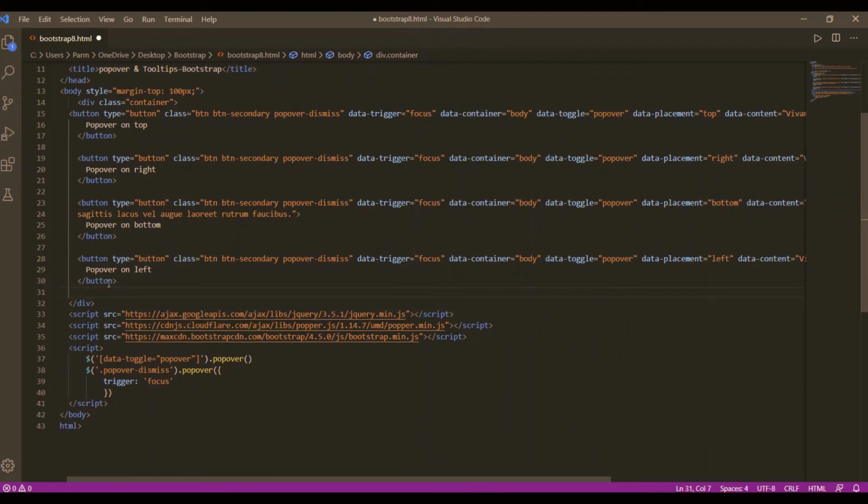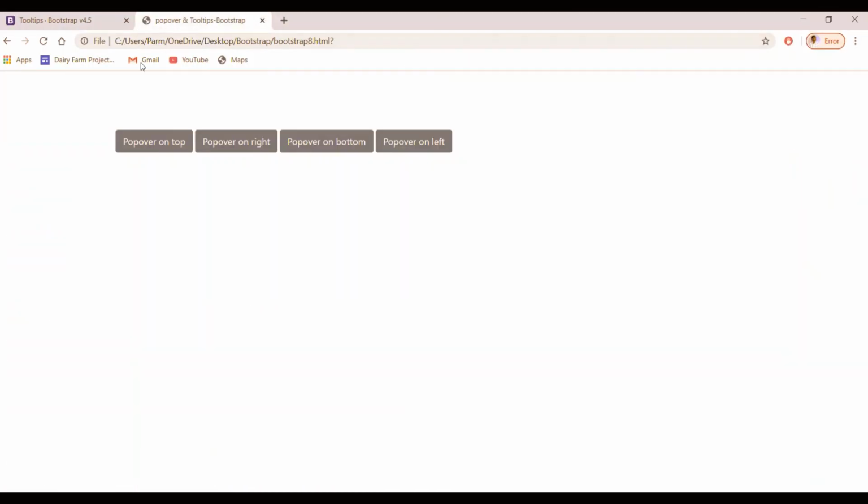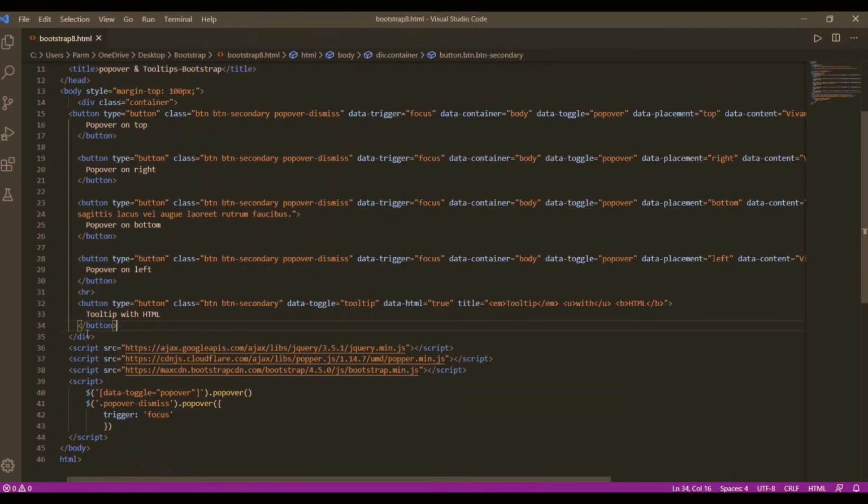I'll just take a horizontal line over there between, and here we go, paste it, save the changes, and then here we go, refresh it. Okay, so let's see what code has been done over there. We have created a button, type button, class button, that is data toggle. Here we have set the values instead of popover,